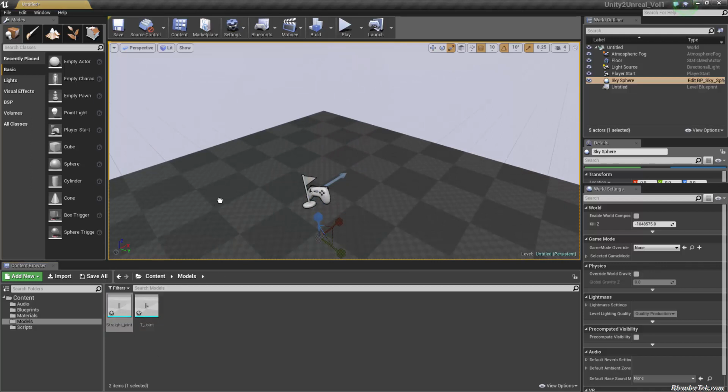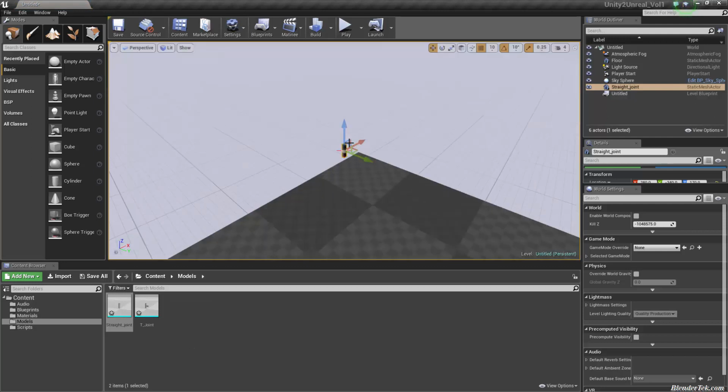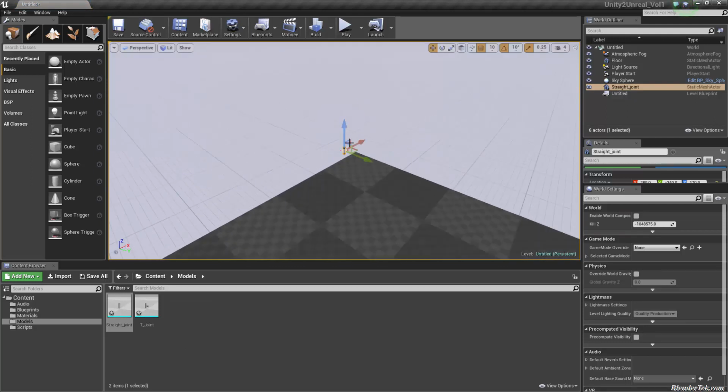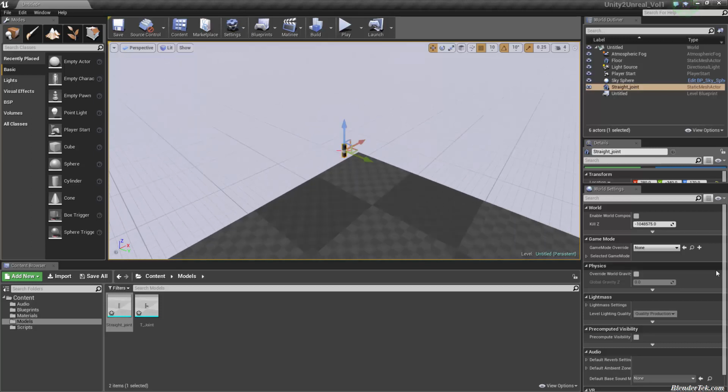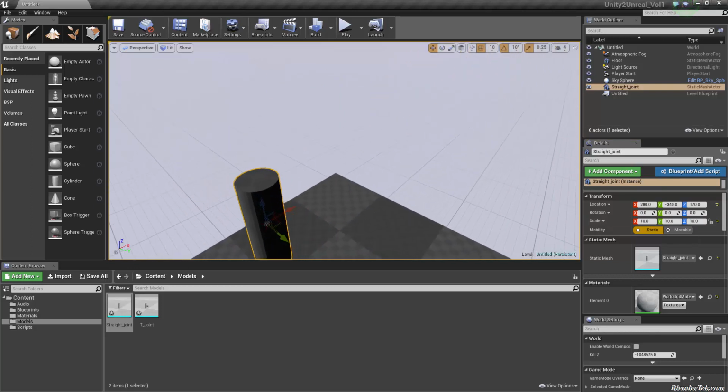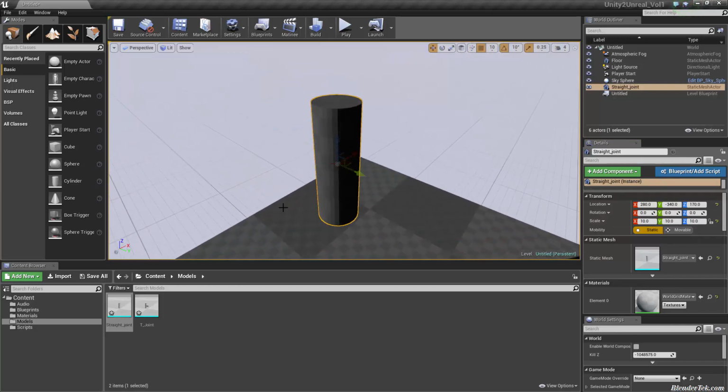So let's first try dragging and dropping it into our scene. I'm going to focus on it. It's so small from Blender stock settings, I can't even focus on it. So there's one negative for Unreal. So I'm going to scale it, say 10 times. There, that's a little bit easier. So there we go. It just has its base Unreal standard diffuse texture, the same as in Unity. It's just gray with a checker pattern versus white in Unity.